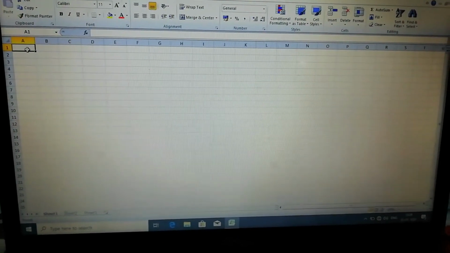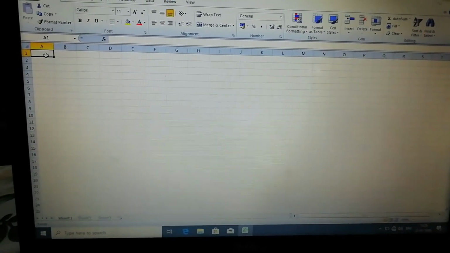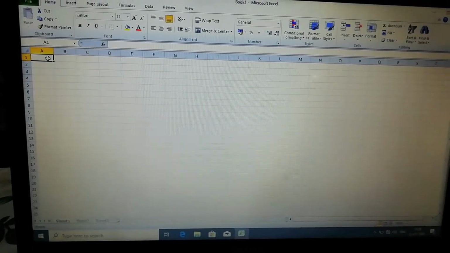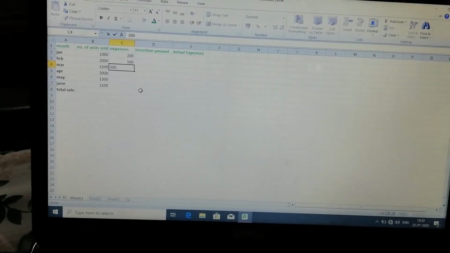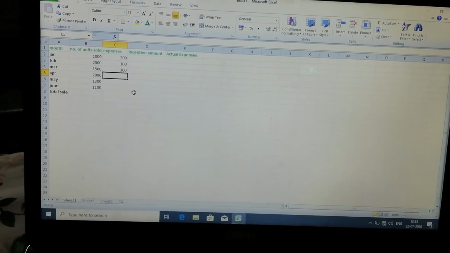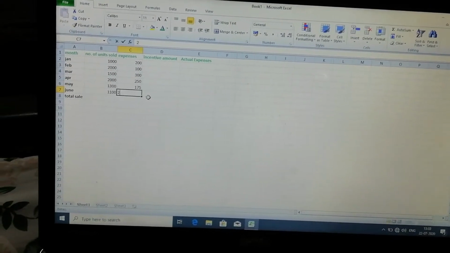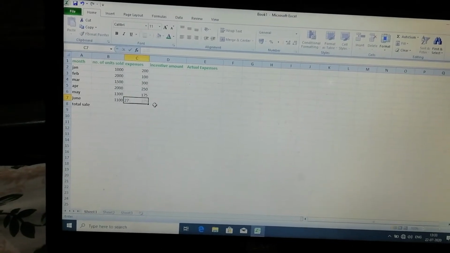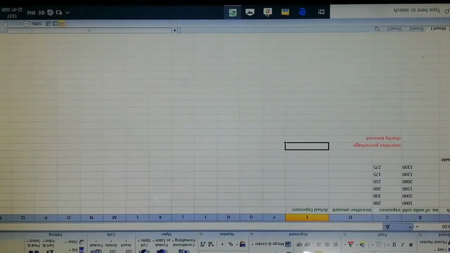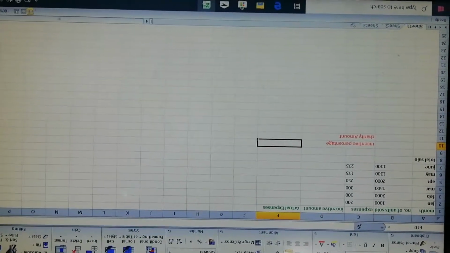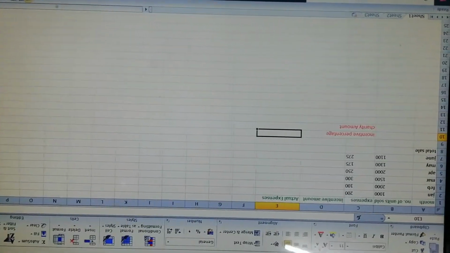Now make an Excel sheet which is on your page number 21. So class, I have made the same project as on page number 21 of your book. So let's do it one by one with the steps.